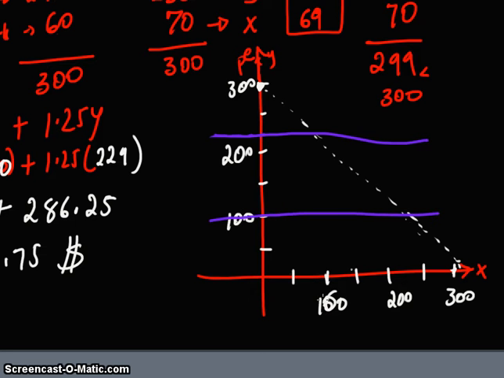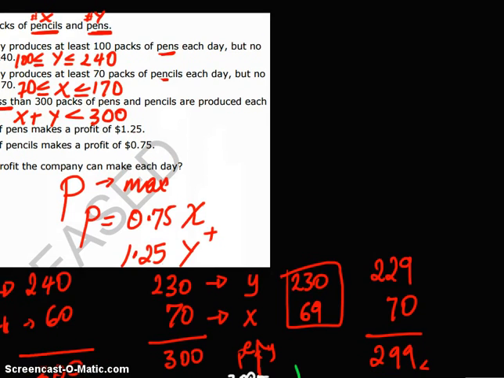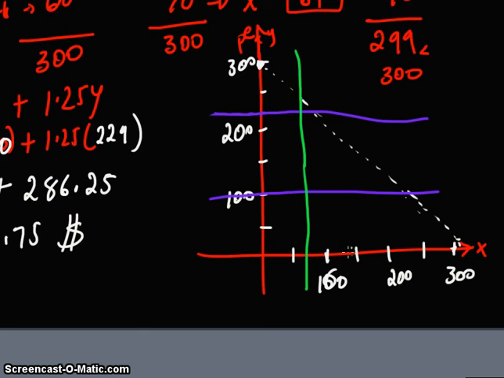And then the next thing is you do the same thing with the other one, which is 70. That's 50. 70 would be right here. I'm going to change the color to greenish, and then you can see this one. This one has to be right here, and then it cannot be more than, it says between 70 and 170. So I'm going to go ahead and do 170, which is 150, 170 right here. Okay, so based on this, we